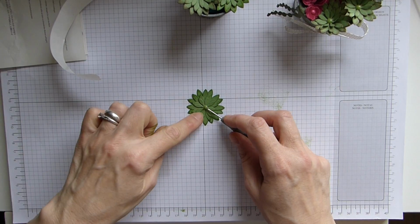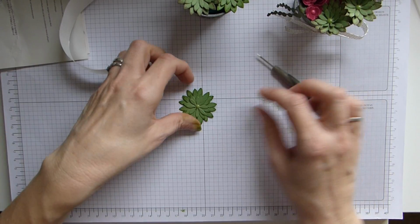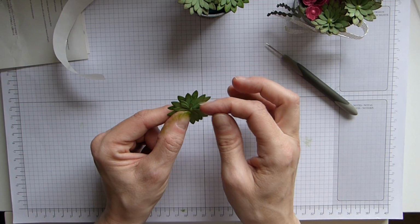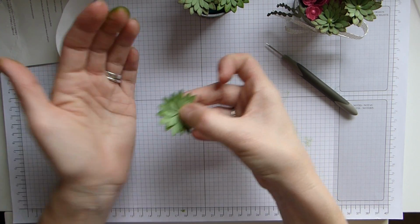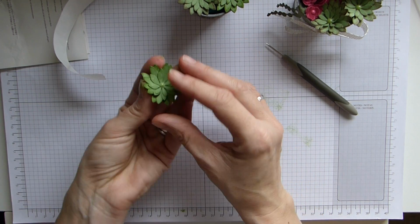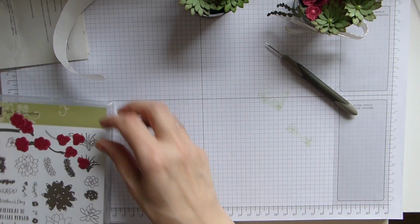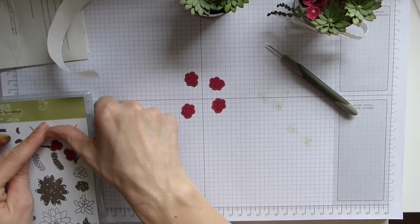enamel shapes. These are the Brights, I believe, for the, or sorry, no, Subtles for Wild Wasabi. And you can just go along and lift each leaf if you want. I find it just as quick to put your thumbnail into the centre and work it round, and it will automatically then fold all of them up. So that's those ones. And these last little ones, I've used rose red cardstock and rose red ink,